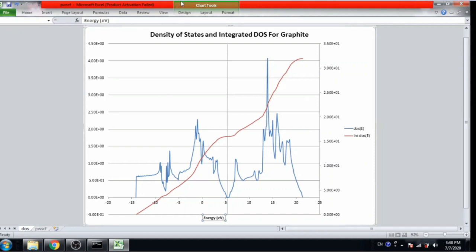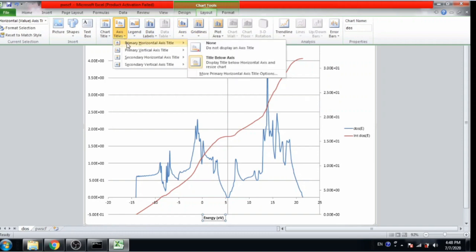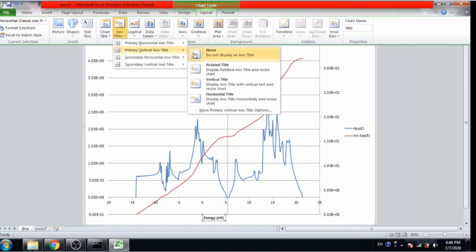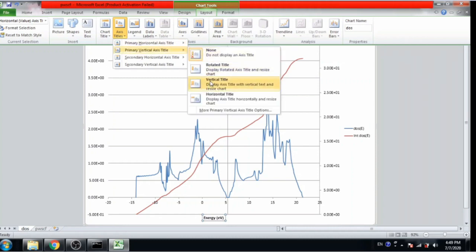Okay, now I want to assign the primary and secondary vertical axis titles.